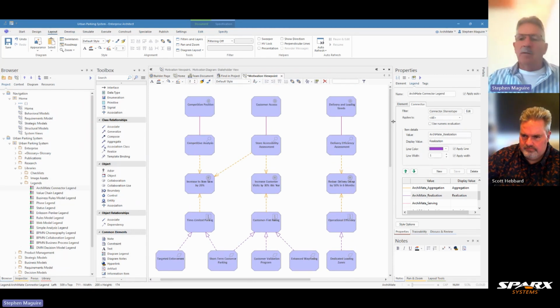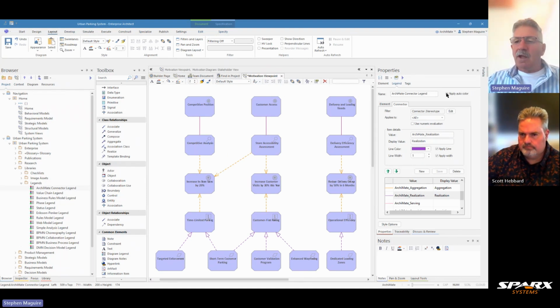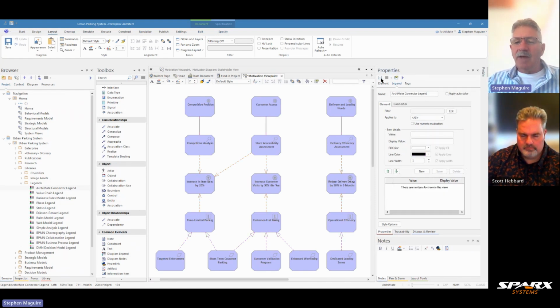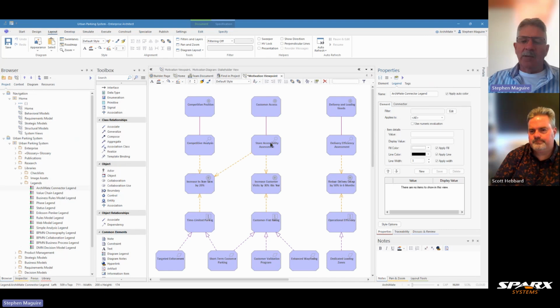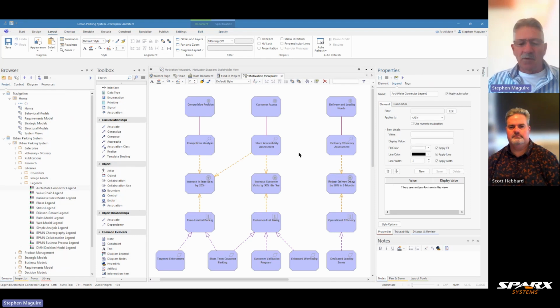Yeah, Scott, you can have any number of legends on a diagram at the same time if you like, and you can just say apply auto color there. If I turn that off and save that, you'll see that that will then go back to neutral, and that turns that legend off. But if I chose another legend, then I can put that on. And of course, I could have one that's showing other aspects. There might be something to do with priority, and I could have something that's coloring the elements based on their priority or business criticality or importance. So we do have a video on legends. I encourage people to go and look at that, where we discuss a lot of those finer details. But Scott, that's the motivation